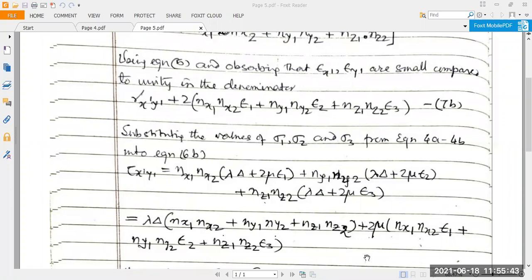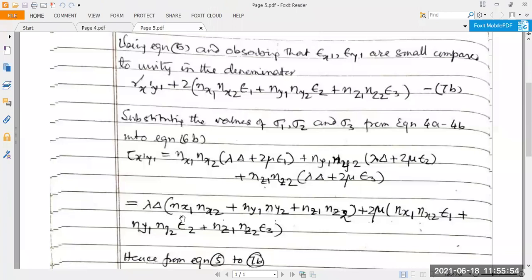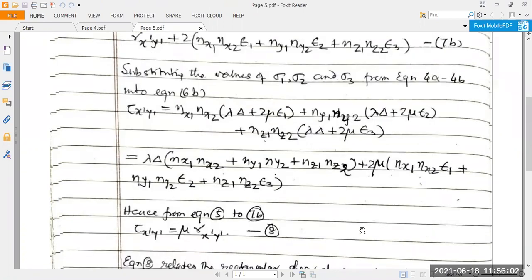Then if you simplify it further, this equation will take this particular shape: lambda into gamma 1 multiplied by this one, 2 mu multiplied by this one itself. Hence, again from equation 5 to 7b, what we have is 2 mu into gamma x1 itself. From equation 5 to 7b, this is gamma. So what you have,